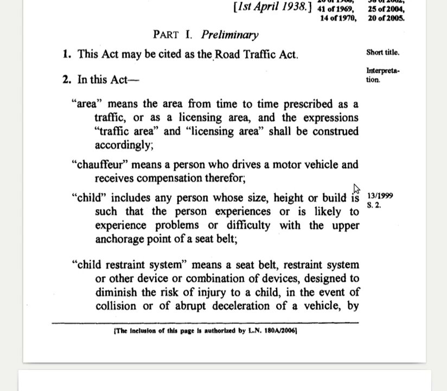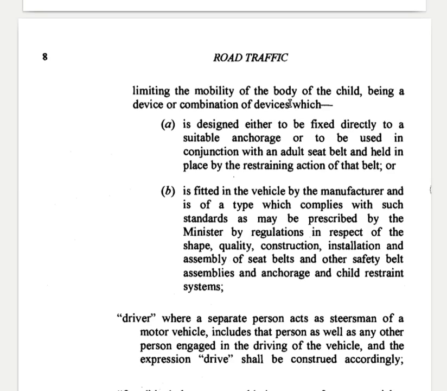receives compensation. Child includes any person whose size, height, and build is such that the person experiences or is likely to experience problems or difficulty with the upper anchorage point of a seat belt. Child restraint system means a seat belt restraint system or other device or combination of devices designed to diminish the risk of injury to a child in the event of collision or abrupt deceleration of a vehicle by limiting the mobility of the body of the child, being a device or combination of devices which is designed either to be fixed directly to a suitable anchorage or to be used in conjunction with an adult seat belt and held in place by the restraining action of that belt, or